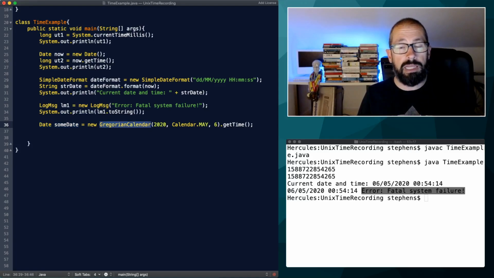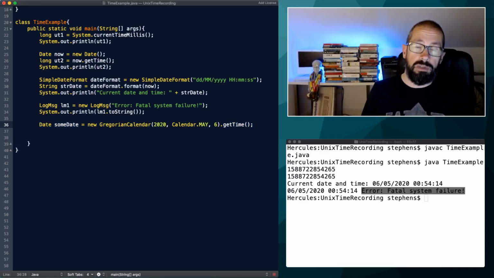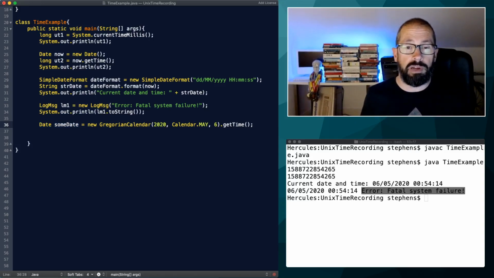This Gregorian calendar represents a calendar date. So I have created the calendar date that I want, but now I get the epoch time representation of that, and I can store it in my date object. And I could use that date object then as part of another class or whatever I want to do with that. Of course, when I want to output that date, I still have to use my date formatter,